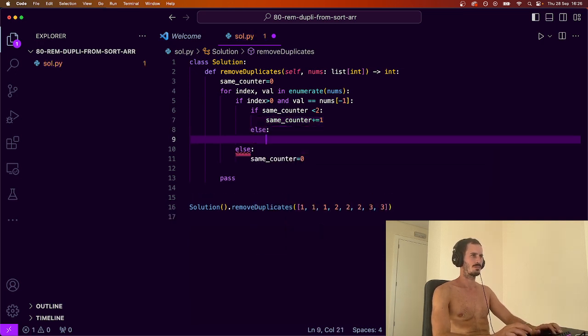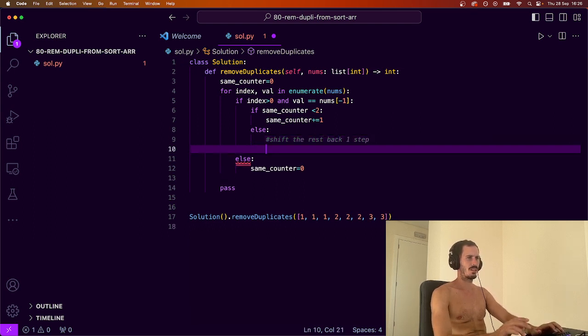Else, we need to remove it. So we need to shift everything that's forward back, so shift the rest back one step. And that is a bit of a pain to do. So now I need to go for new index in, oh, this is boring. So for new index in